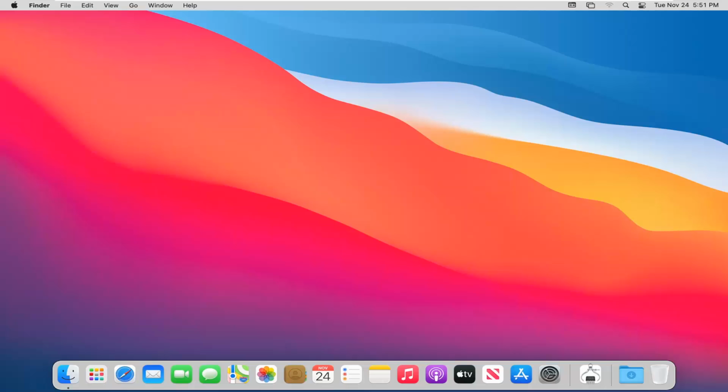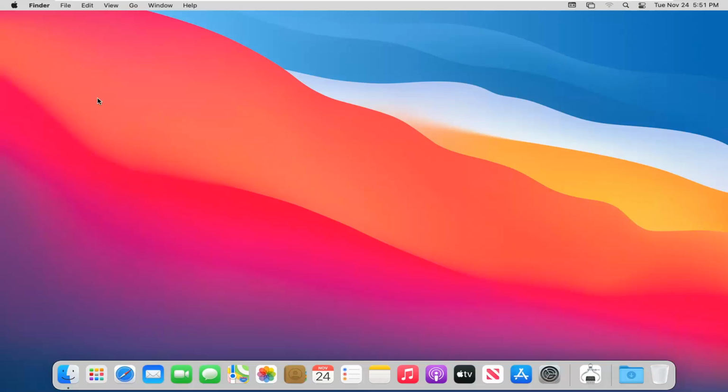In today's tutorial, I'm going to show you guys how to modify your dock and menu bar settings on your MacBook computer. So this should hopefully be a pretty straightforward tutorial, and without further ado, let's go ahead and jump right into it. So we're going to start off by just clicking on an empty spot on your desktop, and